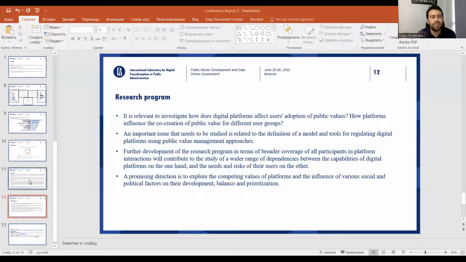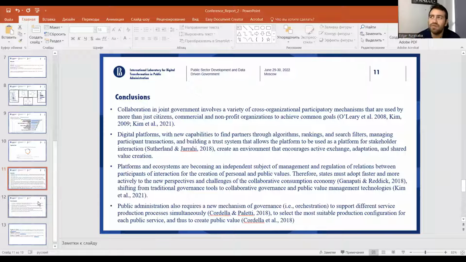So when I see the results and your conclusion, I was thinking about the aspect of public value, because you try to put the result in the theory of public value, but I think in the different aspects of the public value we can find